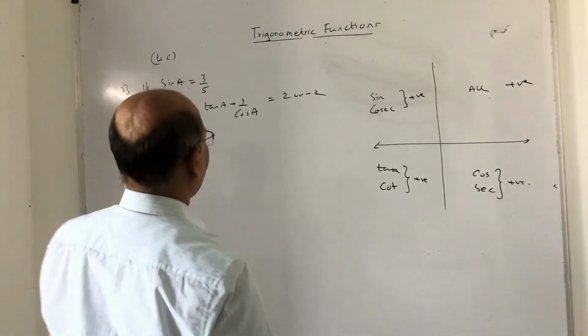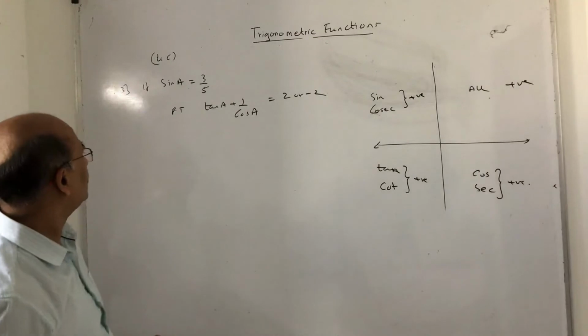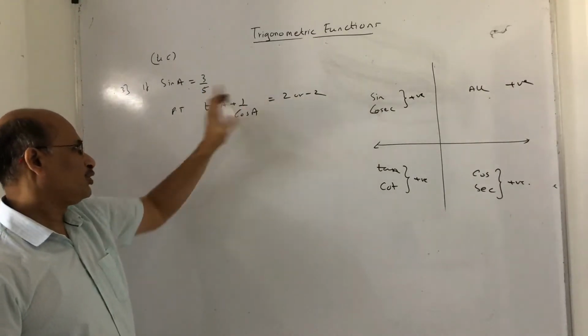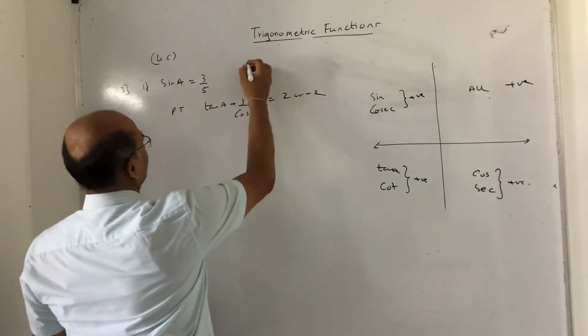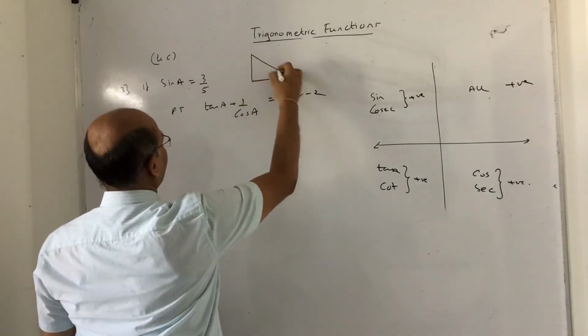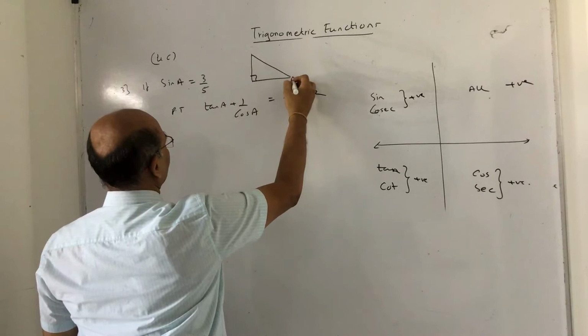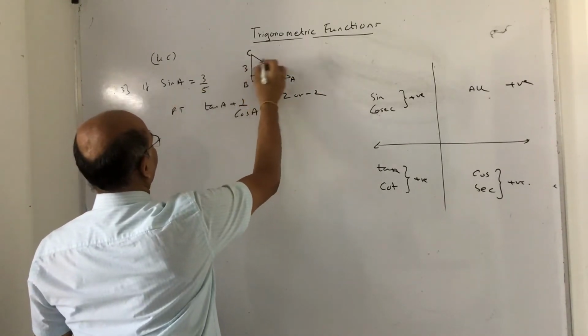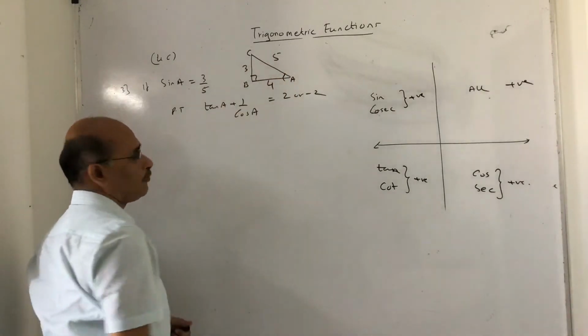So take the next question here. Tan A plus sec A, given sin A is equal to 3 upon 5, 2 or minus 2. Whatever the answer is, I'm not worried. So first I will draw the right angle triangle as per the case. Remember, this is A, this is B, this is C. I am talking about this angle. Here is 3, 5, the missing side will be 4.